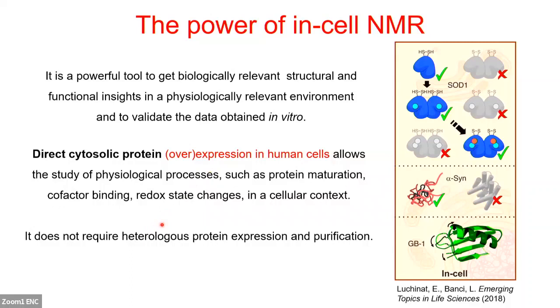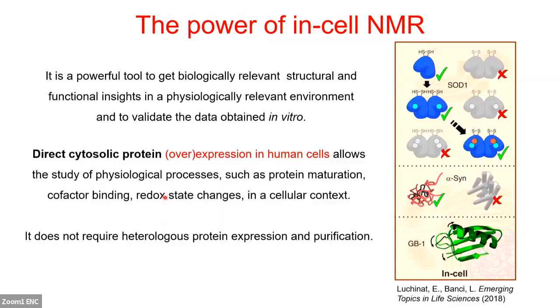There are different ways to have labeled proteins or labeled nucleic acids inside the cell, and one very effective way that I developed in Florence is just to have the direct expression of the proteins of interest inside the cell that we put in the NMR